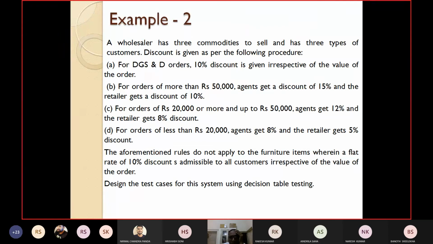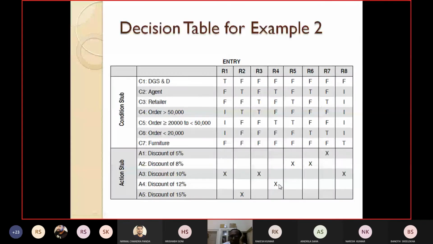So here he will get 12%. For the same thing, if it is a retailer, not an agent, he will get 8%. And if the value is less than 20,000, the agent will get 8%, the retailer will get 5%.